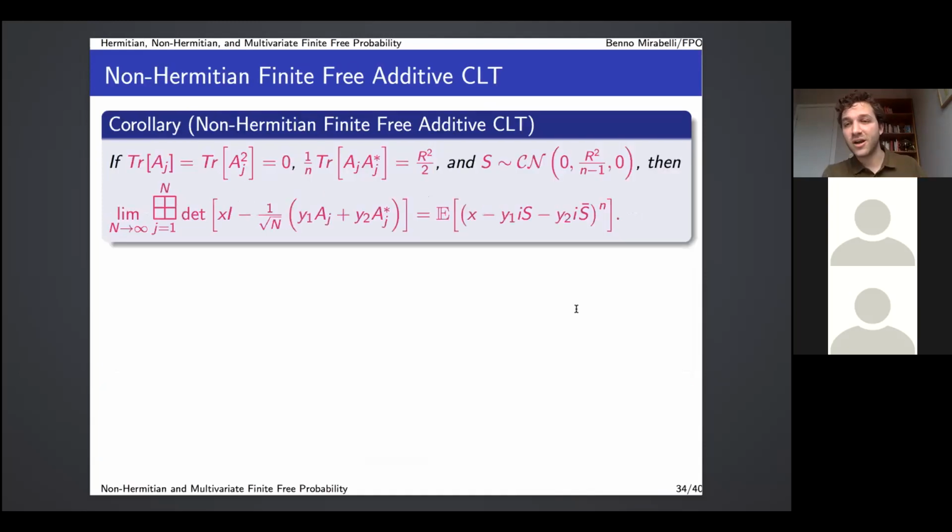So that's for the multivariate case, but we were interested in this special non-Hermitian case as well. So let's see what happens there. So now I put in the non-Hermitian constraints I would want for a family of matrices, and scale them all by 1 over square root of n, and take the same central limit theorem, and I get that it converges to this multivariate polynomial, which again I write as an expected polynomial, where here I have a random variable S, which is distributed according to the complex normal distribution, and this is the conjugate transpose of that random variable S.